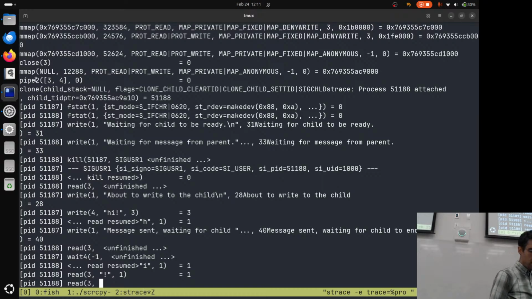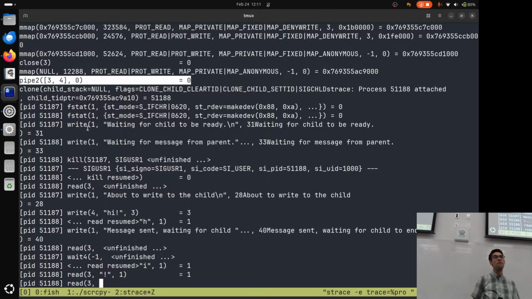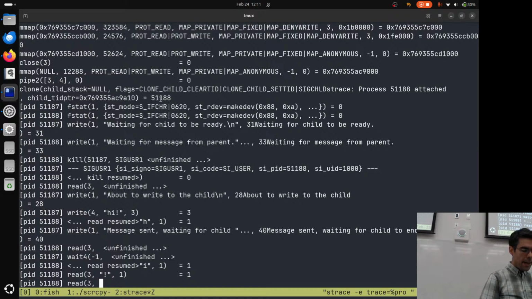We can see here, I called pipe in my parent process before I called fork. And I can see that I still get file descriptors 3 and 4 from the pipe system call that I made. I called clone here, and I got back 51188 in my parent process. Then I've got 2 processes, 51187 and 51188 here. And I've got their output interleaved because they are running at the same time. They're literally running at the same time, so I withdraw my air quotes. They're actually running at the same time.